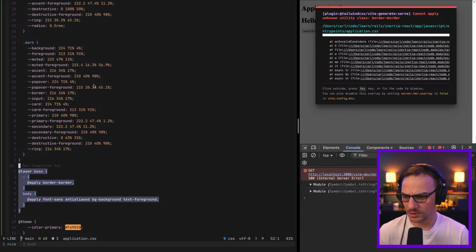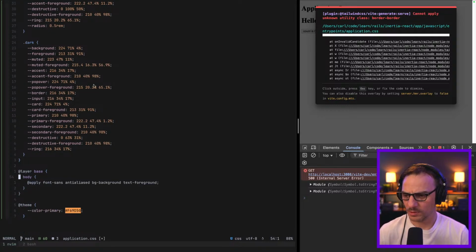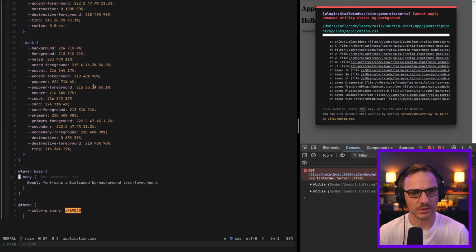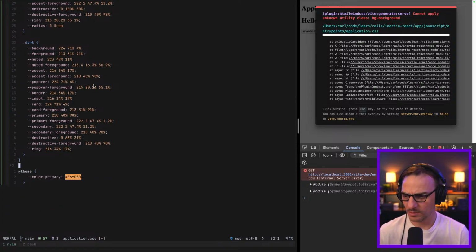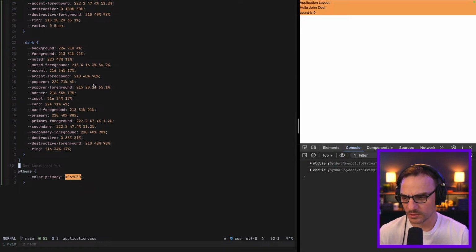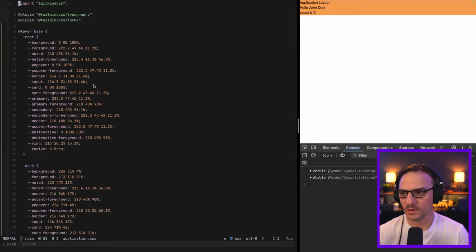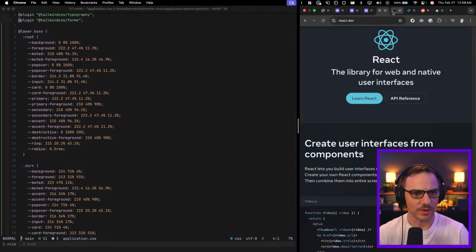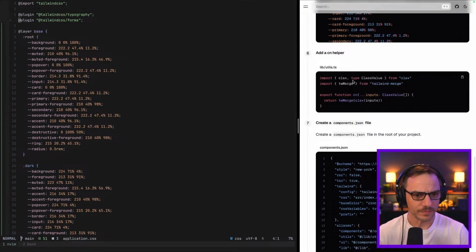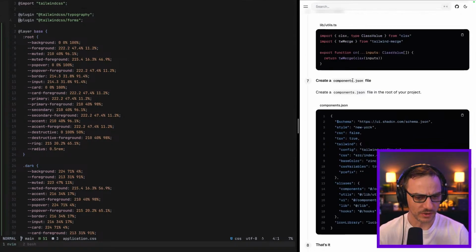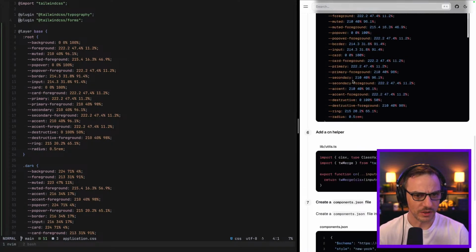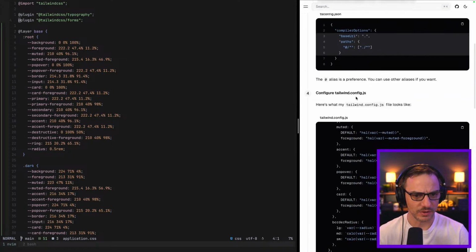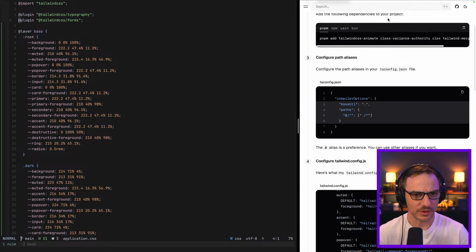I don't know what these. Let's just get rid of that for now. See if that loads. It doesn't. I don't know where it's pulling those from. Those are not a thing. Okay. So we're loading now. Let's see if we can grab a component. Let's see an helper. We've got that. It did ask for a Tailwind config, which again, we don't have a Tailwind config, but they do have